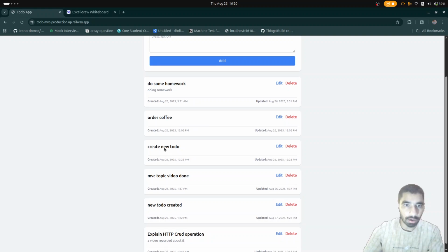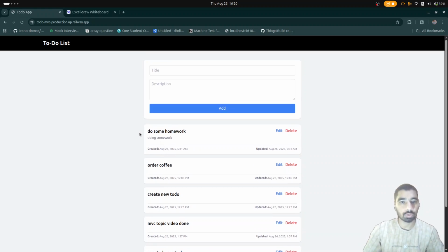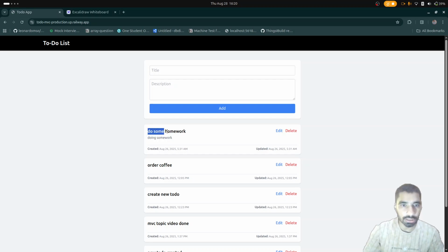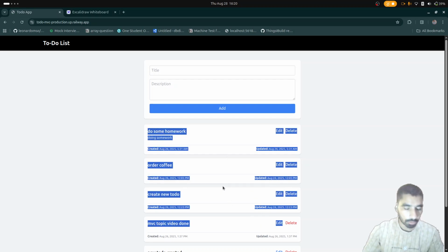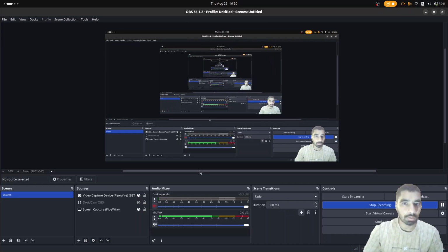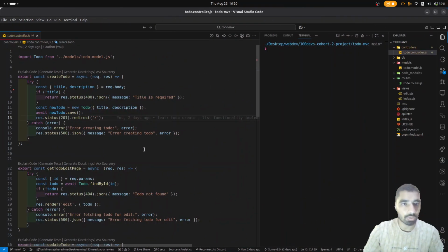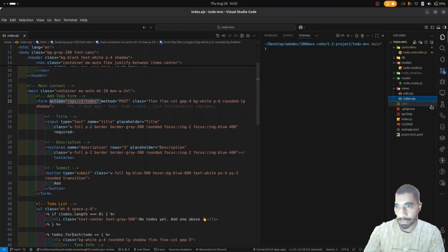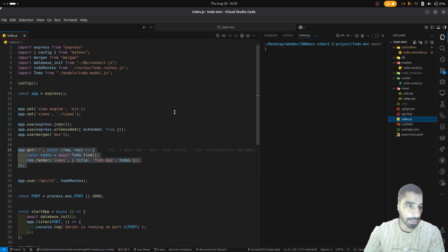So we fetch our to-do. Now I will show you how our application fetches these to-dos. For that I also define a same route. We go to the entry point of the application called index.js, and here